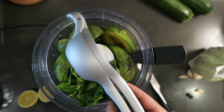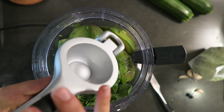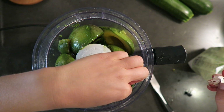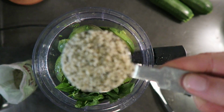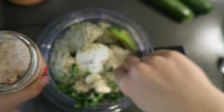food processor, and then I squeezed in the juice of 1 lemon, and this is the lemon squeezer that I have. I think it's OXO. I really like it. And then I did 3 or 4 cloves of garlic. I would say that just go for taste. And then for the nut or seed version, I did a 1/4 cup of hemp seeds and then a sprinkle